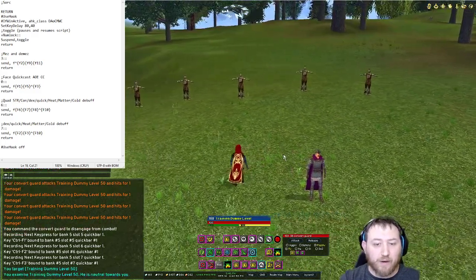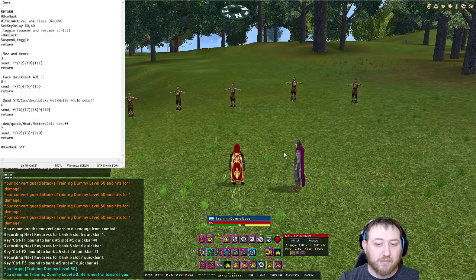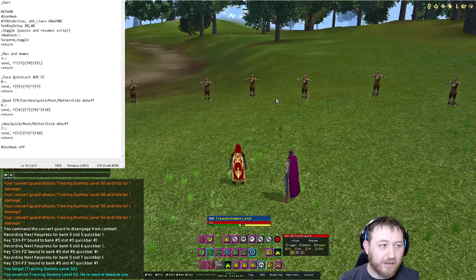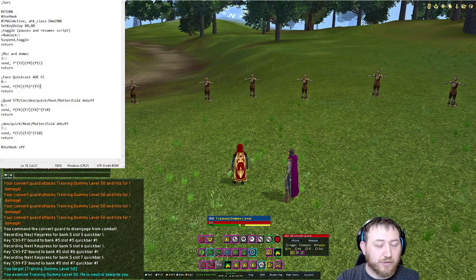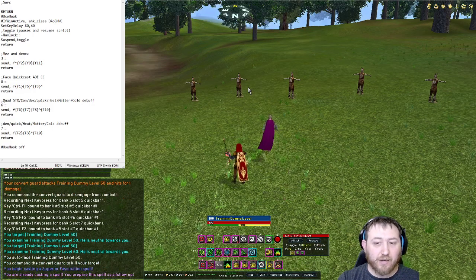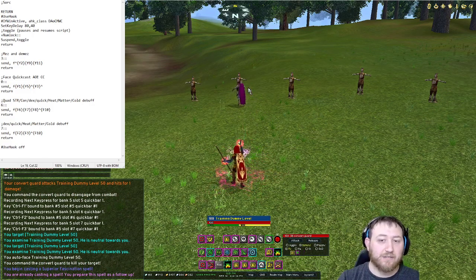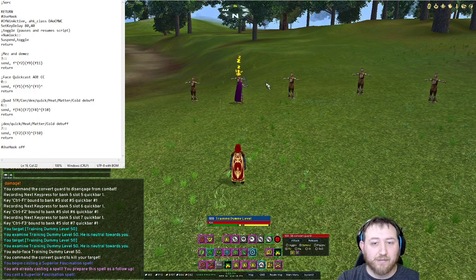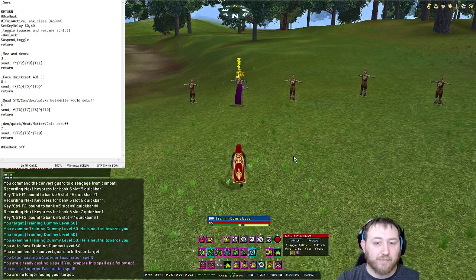so now if I want to hit 3, it will face the enemy, send my pet to attack, and I will CC him. It's not very conducive for PvP combat, but it's just a demonstration to show you that you can use spells, like offensive spells, such as damage over time and things like that. So I could hit 3, pet goes to attack, it mezzes the enemy,